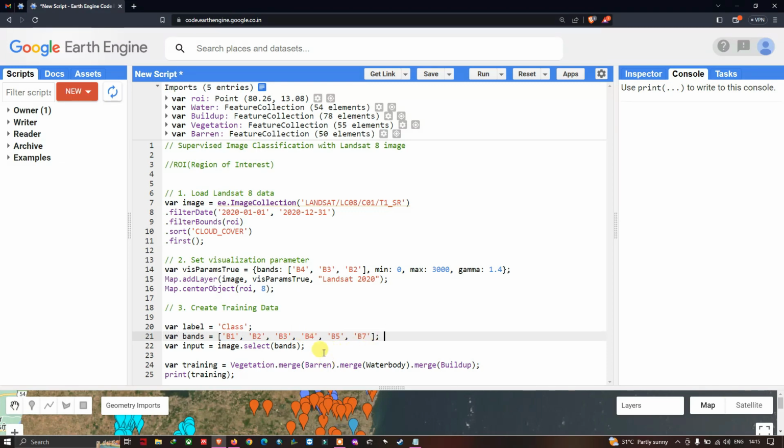Now to extract these bands from our Landsat 8 image, we define a variable called input equals to image. Here the image refers to our Landsat 8 image, which is defined here in the variable image. So we define input equals to image dot select bands, where bands refers to this variable bands, that is band 1 to 5 and band 7. In the next step we're going to import our training data into